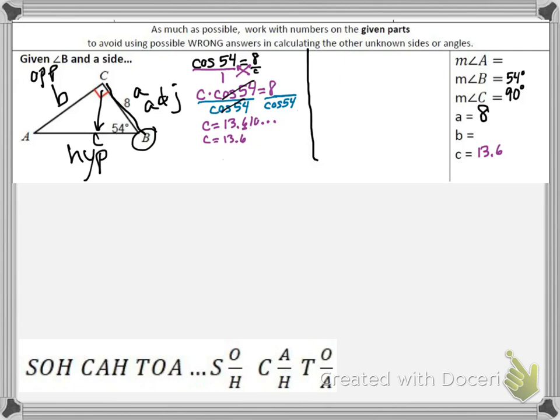So the one that uses opposite and adjacent is tangent. So I'm going to say tangent of the only angle I know is the side opposite, which is B, over the side adjacent, which is 8. And again, let's throw 1 underneath. Let's cross multiply. This is 8 times tangent 54 equals B. This time, B's by itself. I don't have to do any division. I'm going to go straight ahead and put that into my calculator, and it tells me